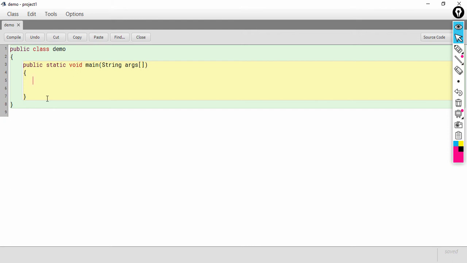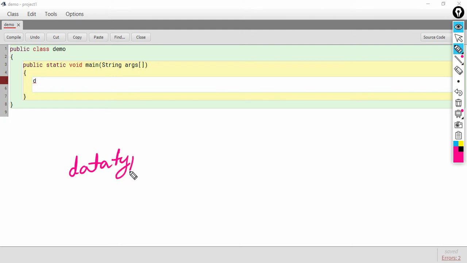Before creating the object, we can declare the class variable. For declaring a variable, the syntax is data type space variable name semicolon. As you know, this is the syntax of creating a variable.